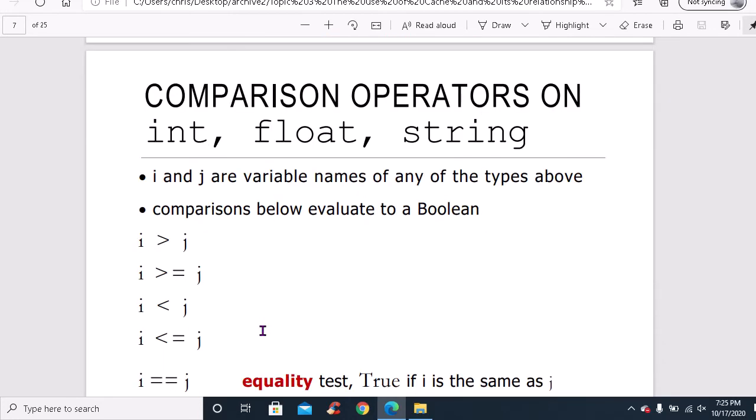So comparison operators work on all three types: integer, floating point numbers and strings. So i and j are going to be variable names of any of the types above. Having a look at the first line, maybe i is an integer and j is an integer, and my little program piece is, say, i is greater than j, and this is going to return either true or false. Supposing i is 10 and j is 11, it's going to return false because 10 is not